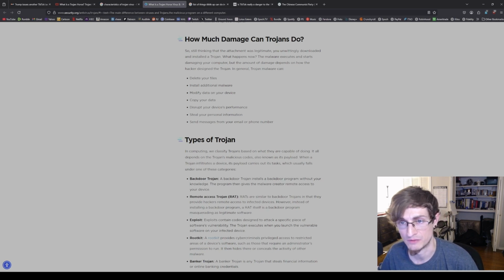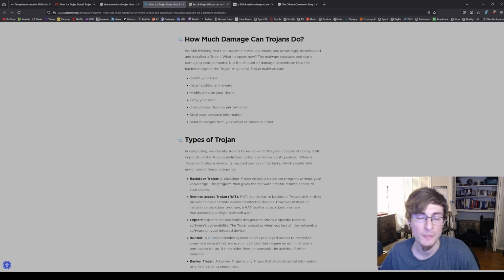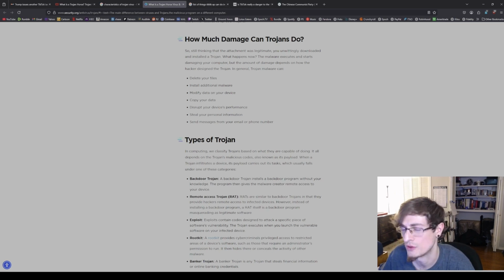Okay, we're going to skip over that. What can a Trojan do? Delete your files, install additional malware, modify data on your device, copy your data, disrupt your device's performance, steal your personal information, and send messages from your email or phone number. So those are the things that a Trojan malware or virus for a computer can do.